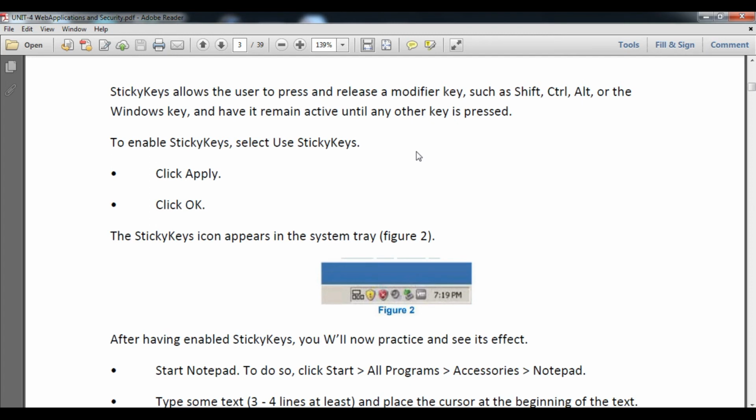Sticky Keys allow the user to press and release modifier buttons, such as Control, Shift and Alt, or the Windows key, and have them remain active until another key is pressed.